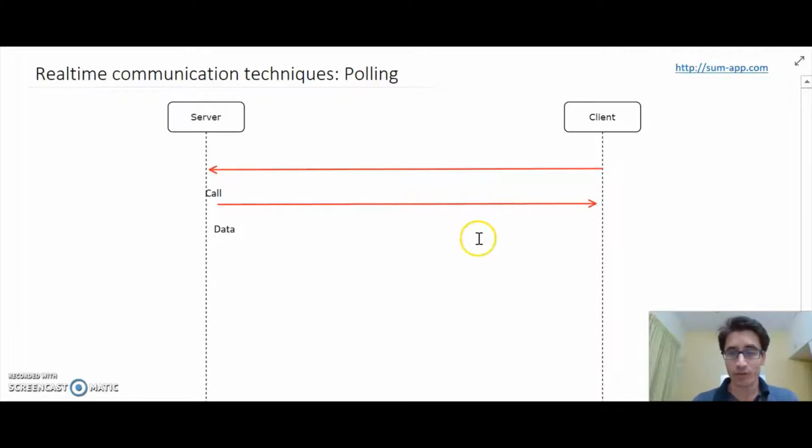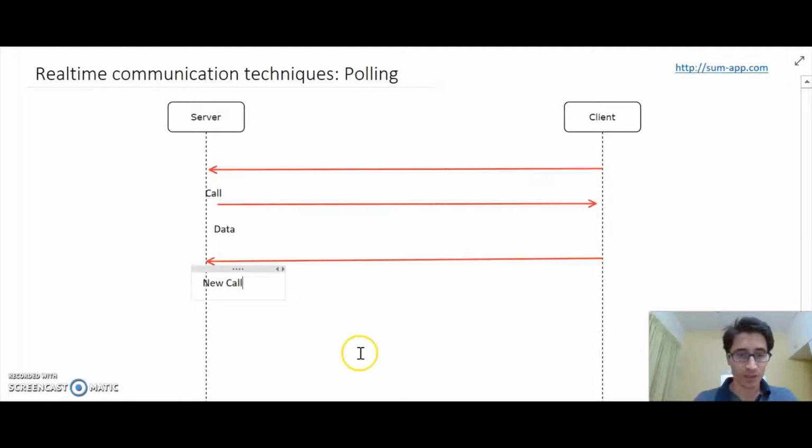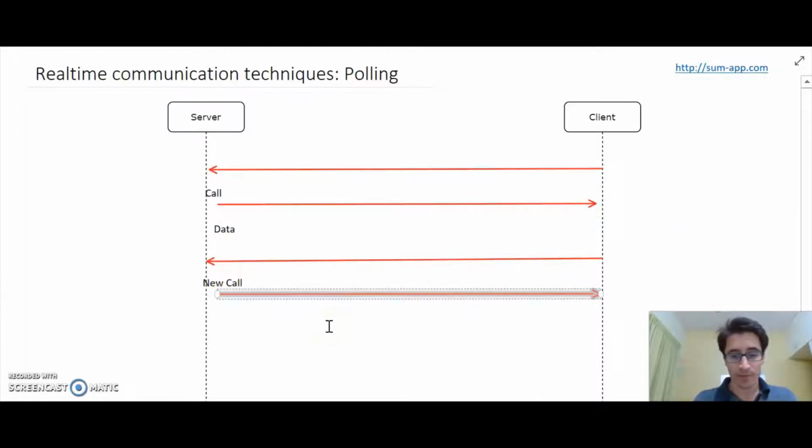In order to get the latest data, the client continuously polls the server at a fixed interval depending on the network bandwidth, depending on how much data a client can crunch and so on. So let's say the frequency is 10 seconds: after every 10 seconds, the client will call the server again with the request for new data, and the server would respond back. This way, this is the easiest technique to implement bidirectional communication.